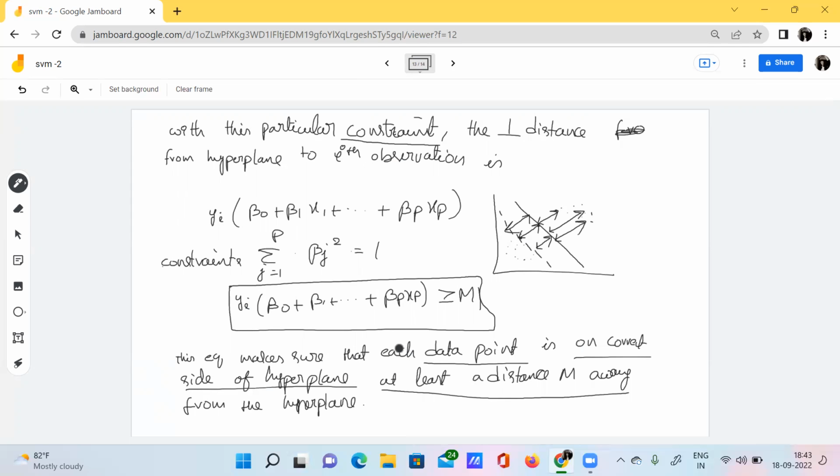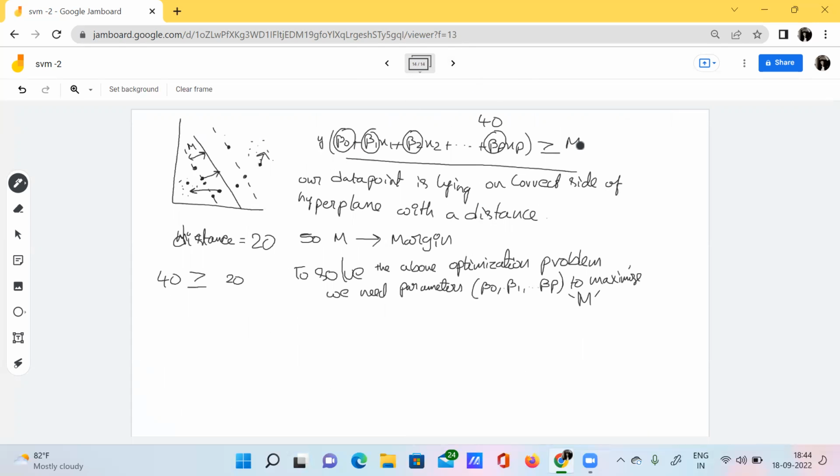That is, no misclassification has happened. Each and every data point has been placed correctly, there has been no misclassification at all. We can proudly say, why? Because it is greater than the margin. M is nothing but the margin, as we already know.